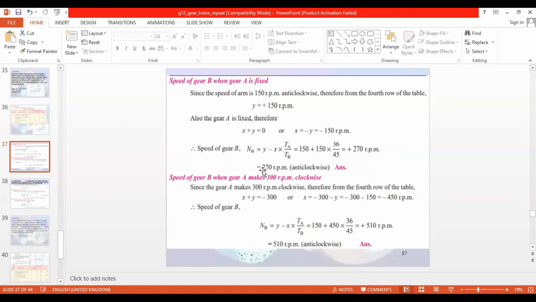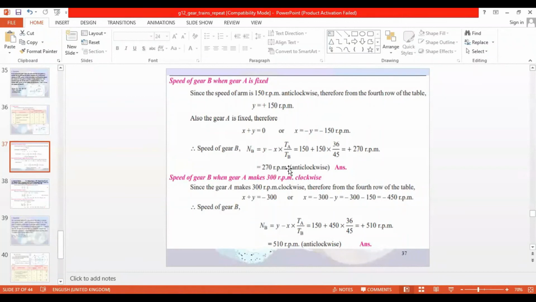So when you solve it, you get the RPM from the equation. Since the speed of arm is taken as anti-clockwise, right? This is also already given in the question, and you are replacing everything according to the equation. So whatever the plus or minus coming here will give you the direction. If 150 is anti-clockwise and that is positive, 270 anti-clockwise, that is also positive, right? If it is 270 and clockwise, then this answer will come in minus, right? So if you are replacing everything correctly, based on anti-clockwise, clockwise, taking positive and negative appropriately, you will have